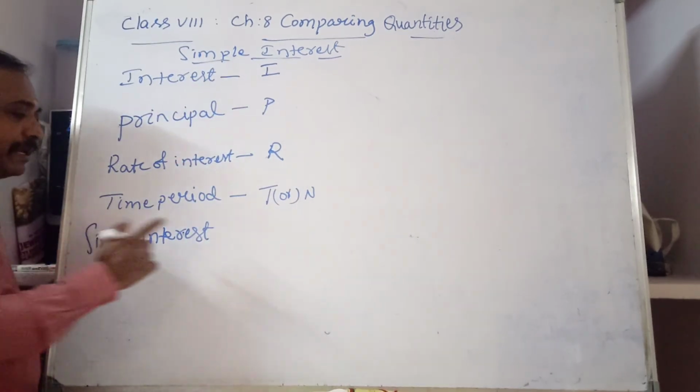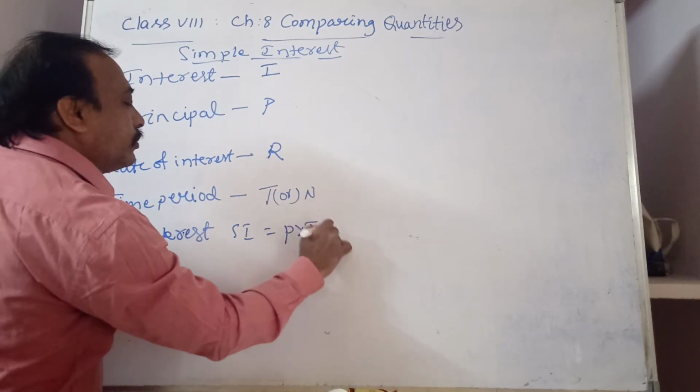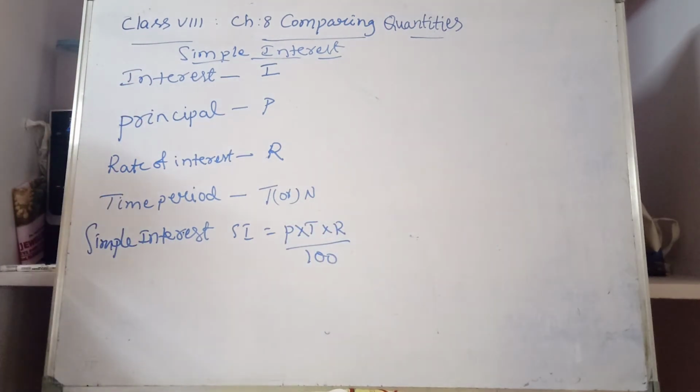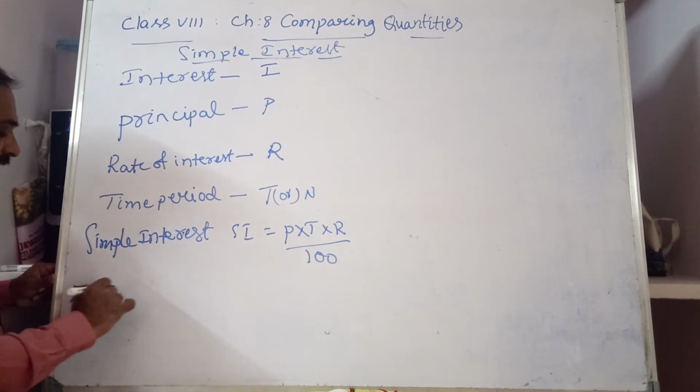Simple interest, which we denote with SI, is equal to P into T into R by 100. How to calculate this? P into T into R by 100. Observe it. Example: